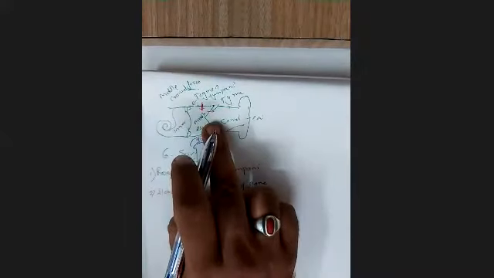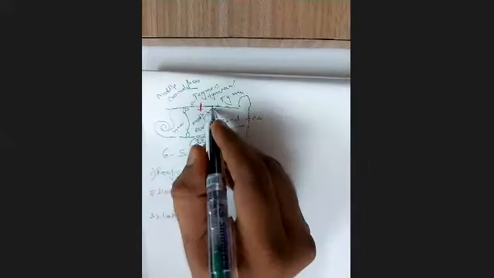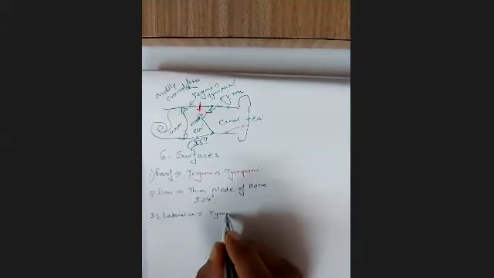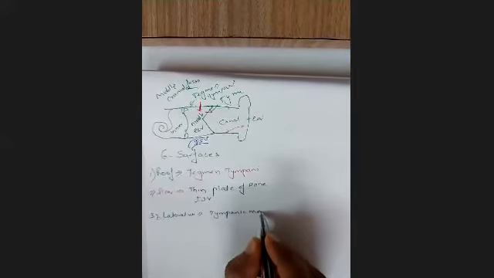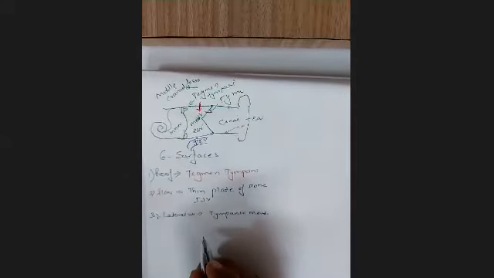Now let us talk about the lateral wall. In this picture itself, you can see the lateral wall. What is forming the lateral wall? The tympanic membrane. But it's not only the tympanic membrane. There will be some other structures along with the tympanic membrane. So in the lateral wall, what we see is the tympanic membrane. Then there is this chorda tympani, the anterior canaliculus for the chorda tympani.